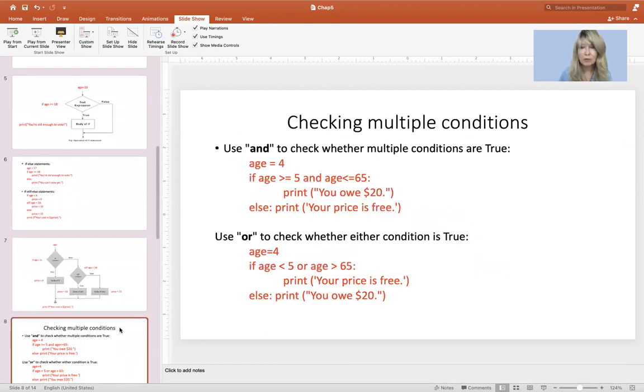So the next thing I want to really look at is checking multiple conditions. A multiple condition would be, like I said, where two things have to be true in order for that condition to be true. We have a couple of different ways that we can do this. If two things are going to be true, we use an and, but maybe there are times when we want to say if